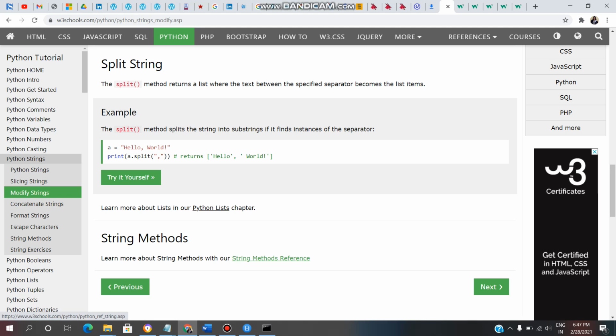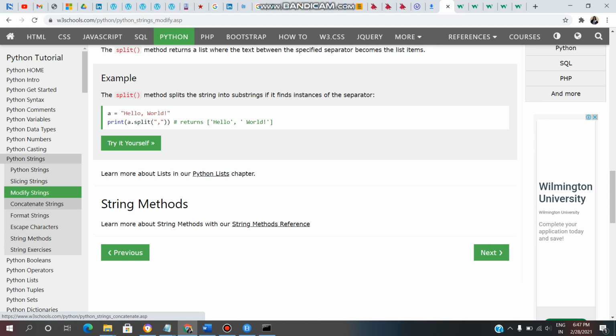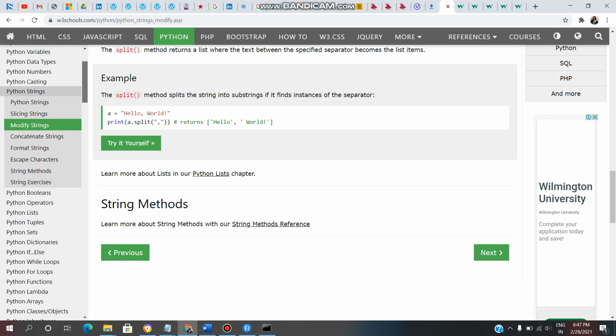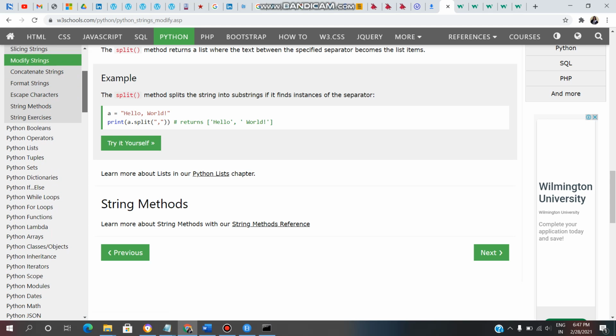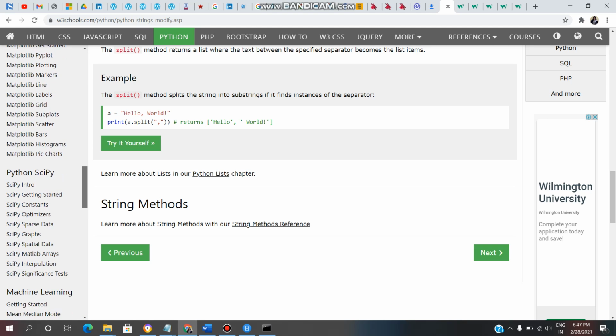They are providing more methods in that. That's it for today's video. In tomorrow's video, we will see concatenate strings. How to concatenate strings, we will see that concept tomorrow. And after that, we will see format strings, escape characters, string methods, booleans, list, tuple, dictionaries. We will see all these concepts one by one.